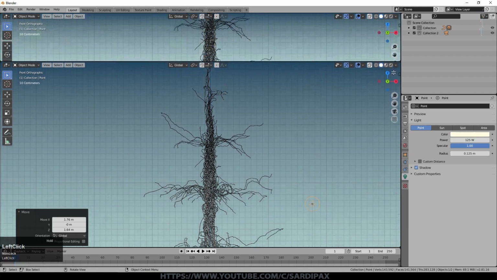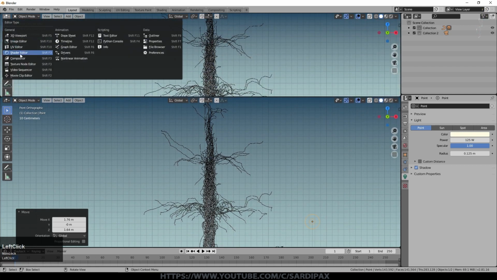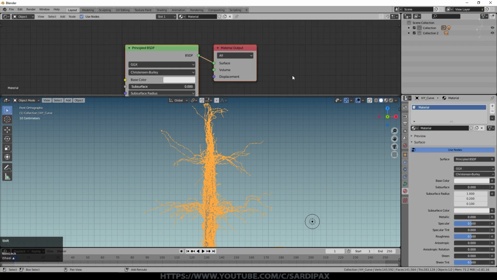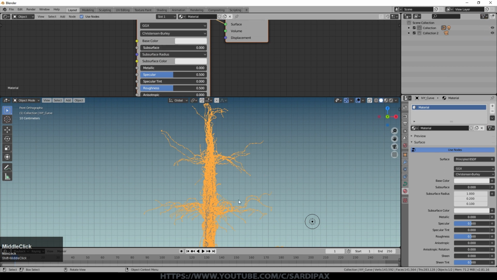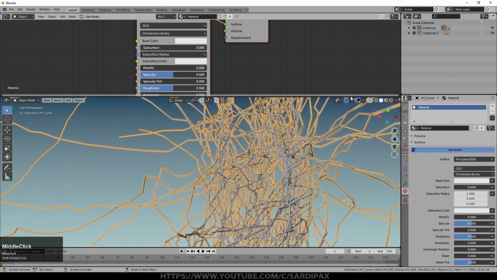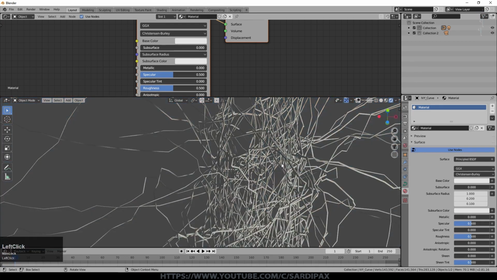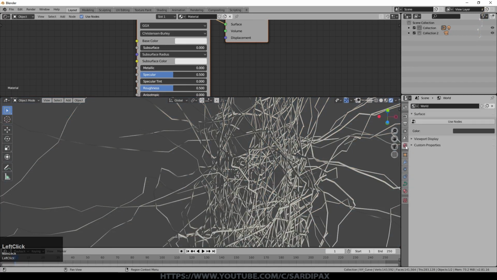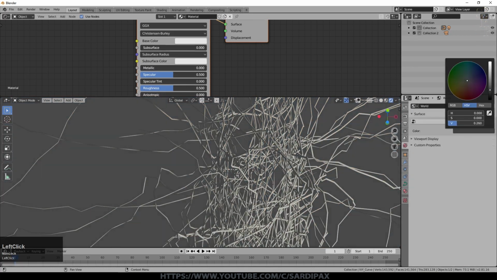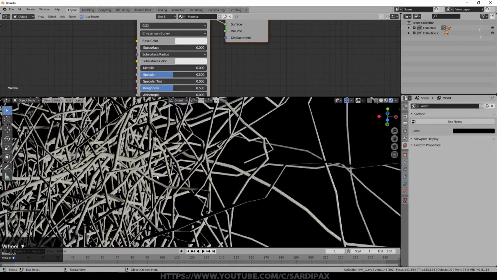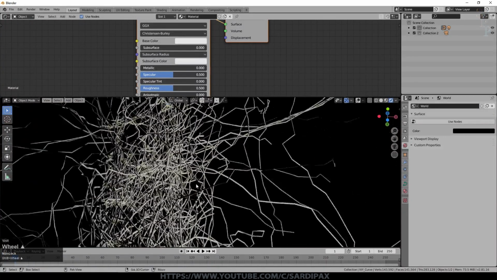I'm going to pull down a little window up here and we'll make that a shader window. Select our object here, go to materials, and we'll just give it a material. And we'll do some things with that in a moment. So I'm now going to turn off the selection overlay, so get rid of all that orange. And I'm going to go to rendered view. I'm also going to go to the background. I'm going to set that to black for the time being. So obviously we haven't got any complicated materials on this or anything. So there is our tangle.